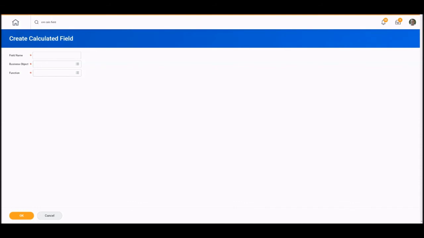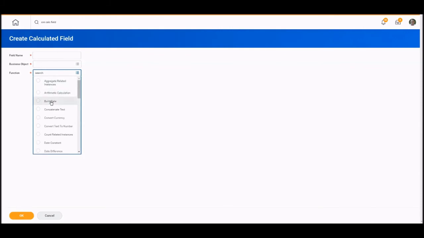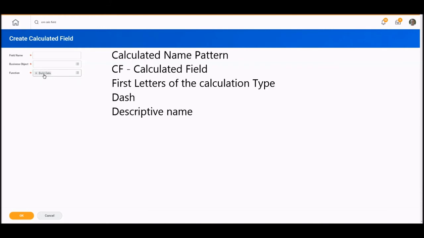I need to build two calculated fields for a beginning and ending date for doing payroll accruals for last year for hourly employees. I'll look at my function types. What I need to do is a build date. A build date will allow you to have a current date and pull pieces of information out to build a new date. So since I know it's a BD, build date, I'll do